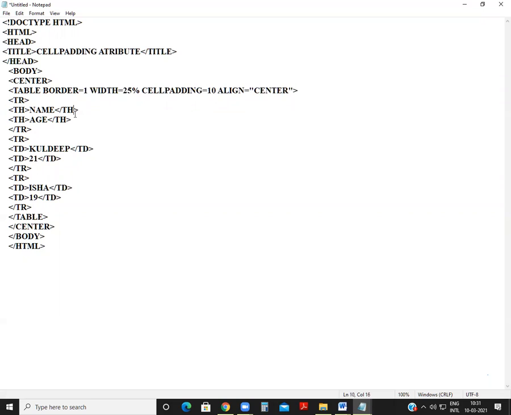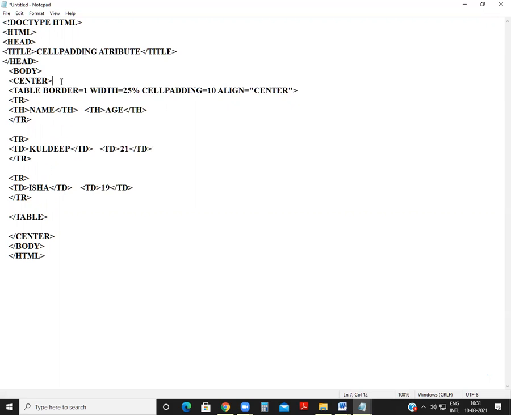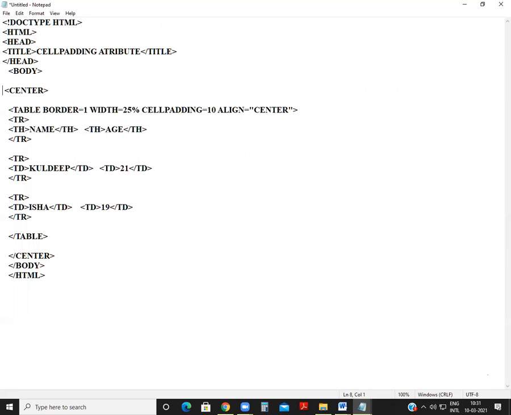And now let me separate the coding, otherwise you will be confused. Now see, we start from here: doctype HTML, then head, then title tag, then close the title tag, then head close, then start the body, then we write here the center.